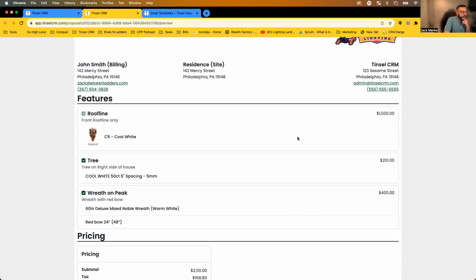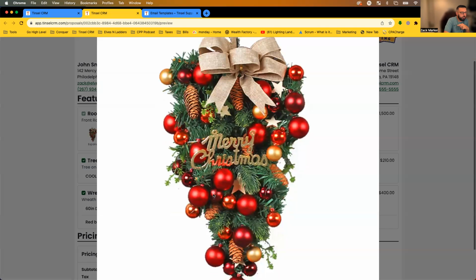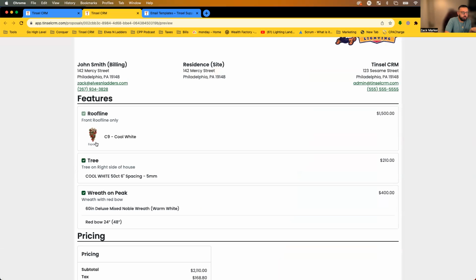So, a couple things I want to show you first. Remember, we put that image for the C9 in the inventory. That's where this would show here. And if you want, they can click it and expand. This, I would not put the person's house here. I would just put, like, if you're doing a spritzer, I would put just a stock picture of a spritzer here so that they see spritzer and wonder what that is. They can click on it and say, oh, that's cool. All right. Another thing I want to show you is